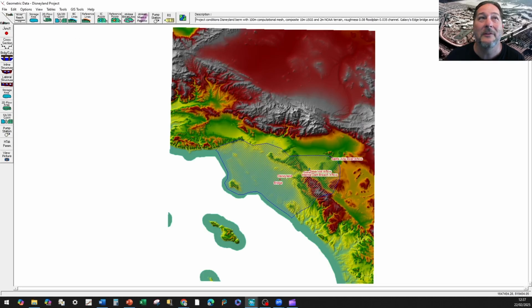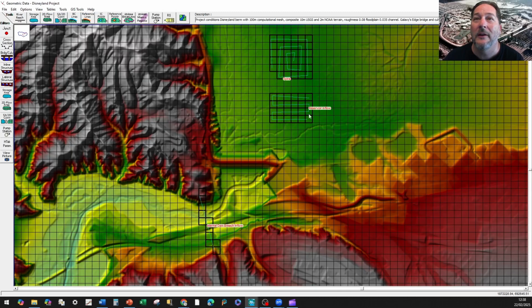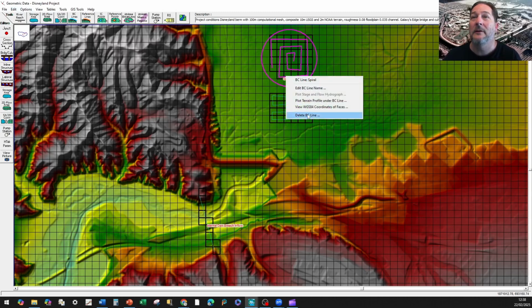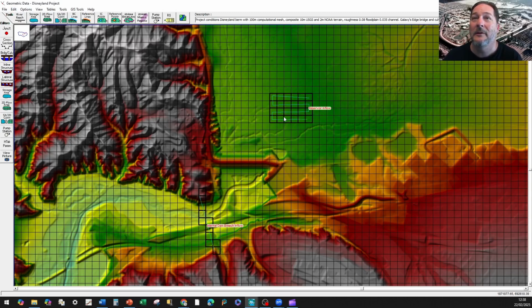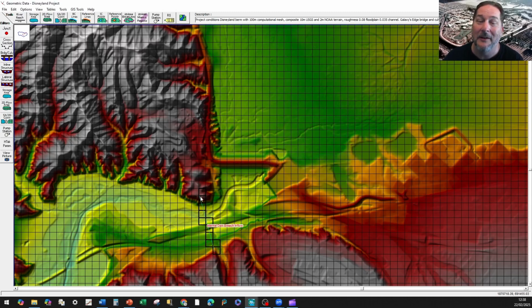So let me just use my view command to zoom in, but you can see here the spiral, the cross section, and the snaking around, and how you might use internal boundary conditions. So I'm going to click on this one, delete that. Click on this one and delete that. So that was a little bit convoluted, but here are the cells that are going to get inflow from our